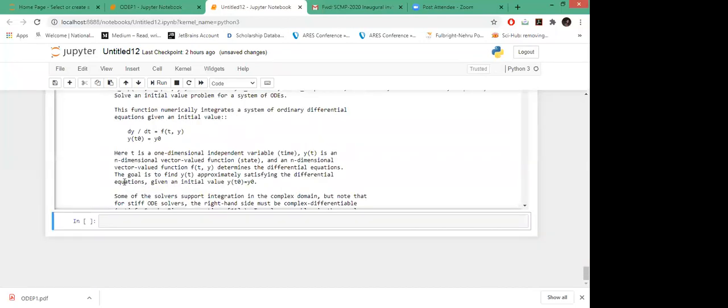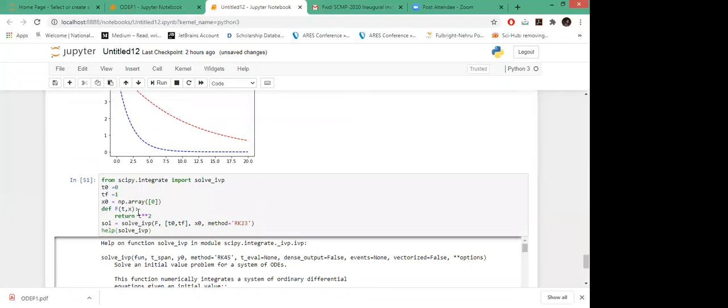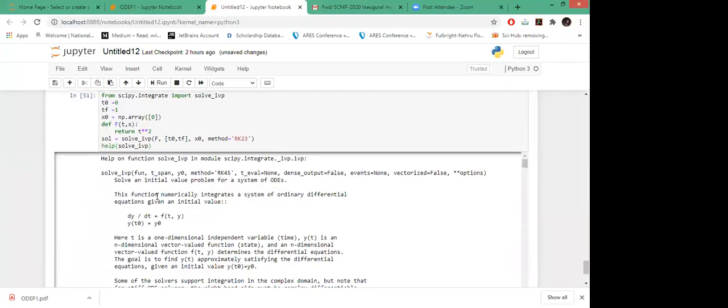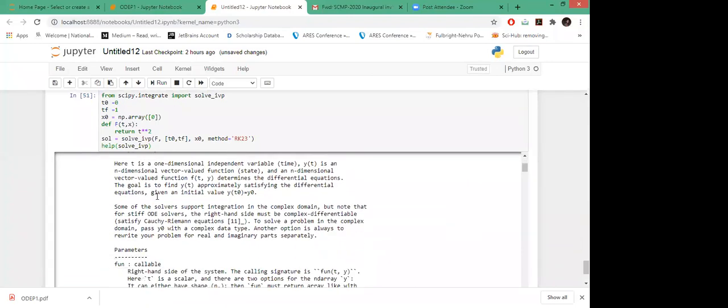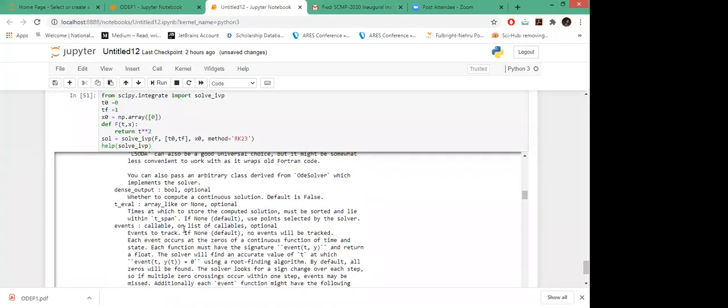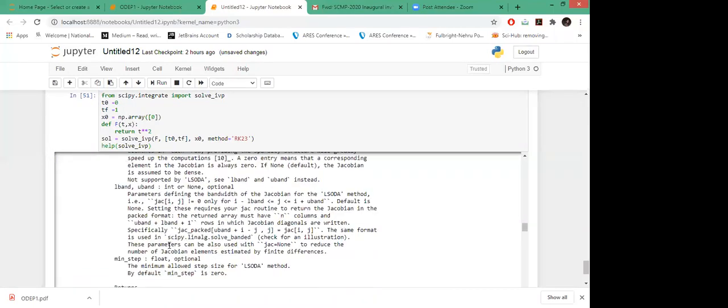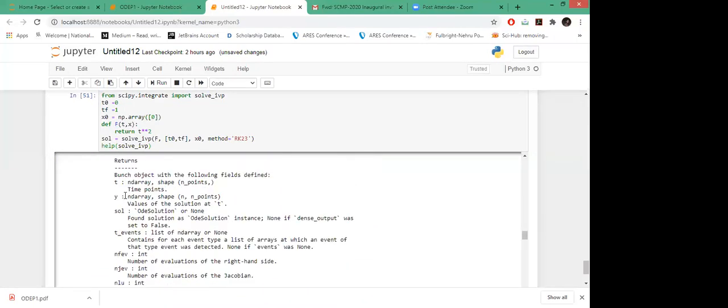So why is it taking 50 y and form? Let's just check in the help. So this y should give us the ND array. Okay, these are the values I want in the solution. I don't know why it is not showing here. What is the issue with this?